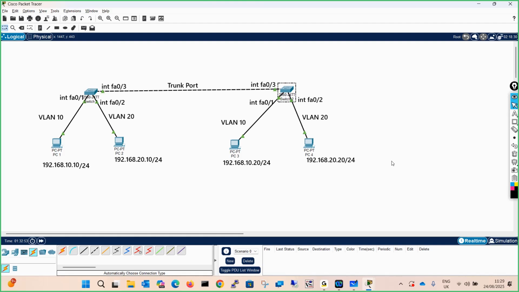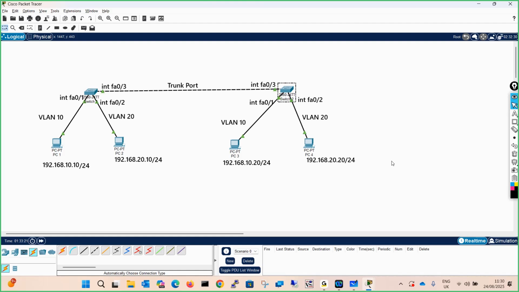Okay. So, to perform inter-VLAN routing, as the name implies, routing, we will require a layer 3 device. We will learn how to do inter-VLAN routing, but before that, we will understand some important concepts of switching.